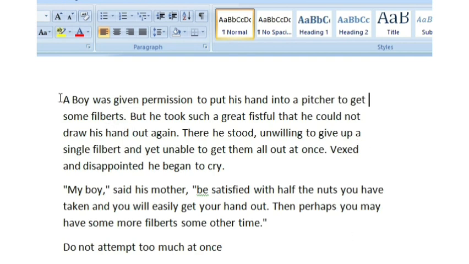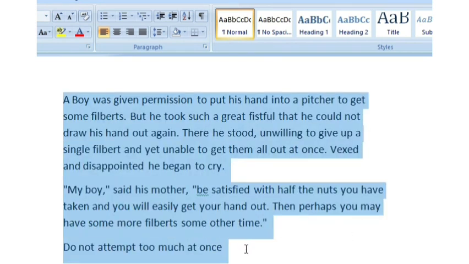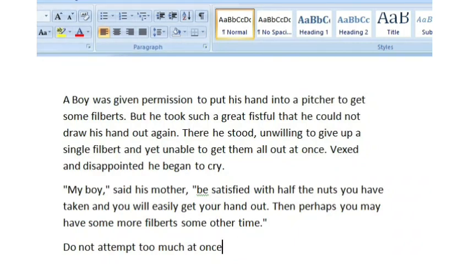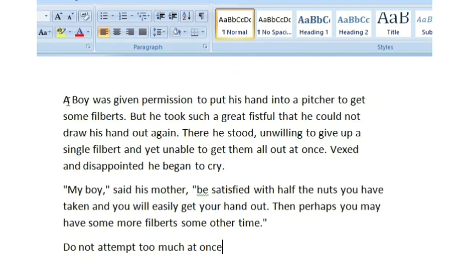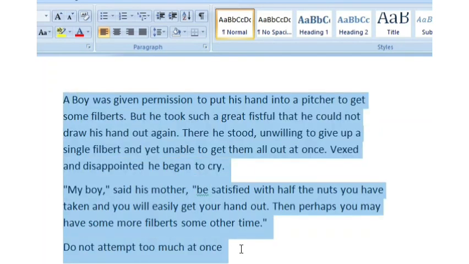Now you can see here, this is the small paragraph I have written on the page. Now for fixing the alignment of any paragraph, you can find the option under the Home tab, Paragraph. So this is the left align, this is the center align, and this one is right align, and the last one is justify. So for adding these alignments to a paragraph, first we will select it.